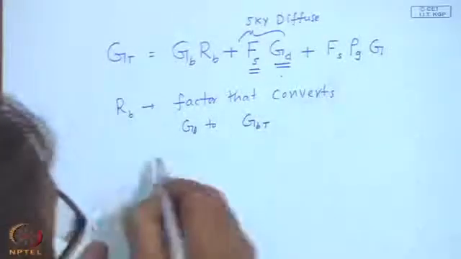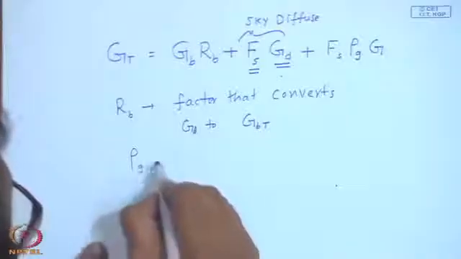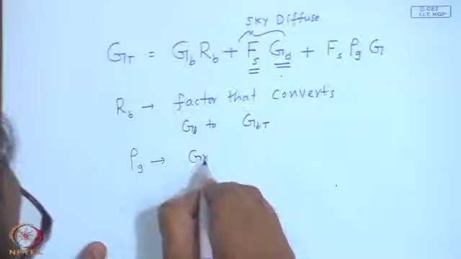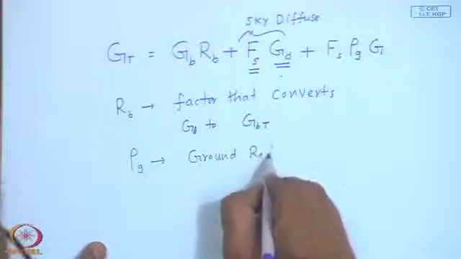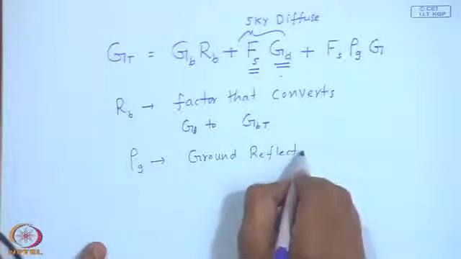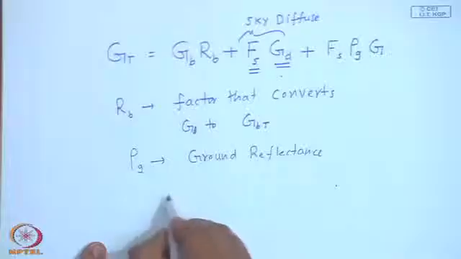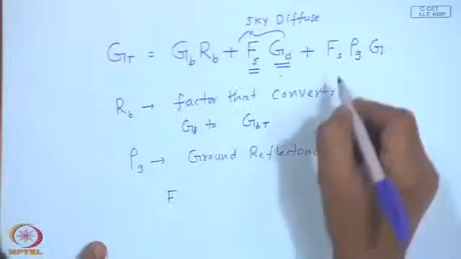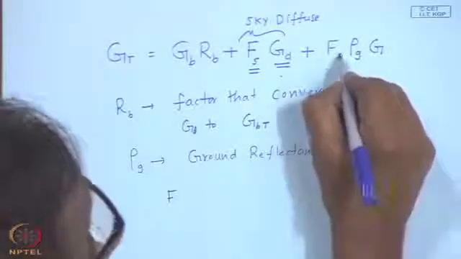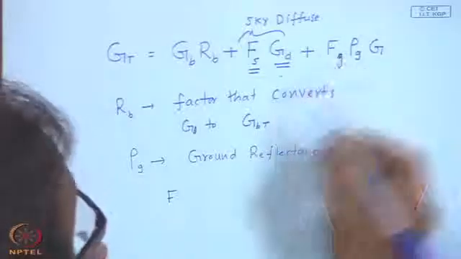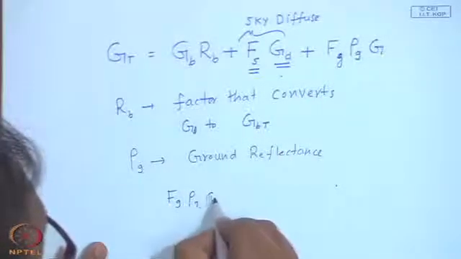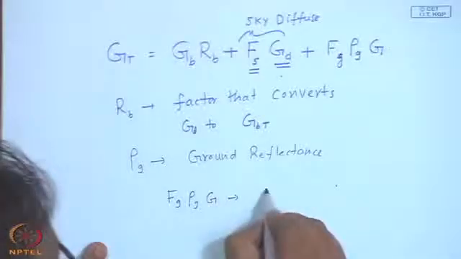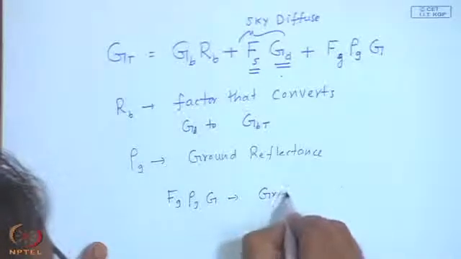And rho G is the ground reflectance, so this F s, F, this should be F g, sorry, F g rho G G is the ground reflected